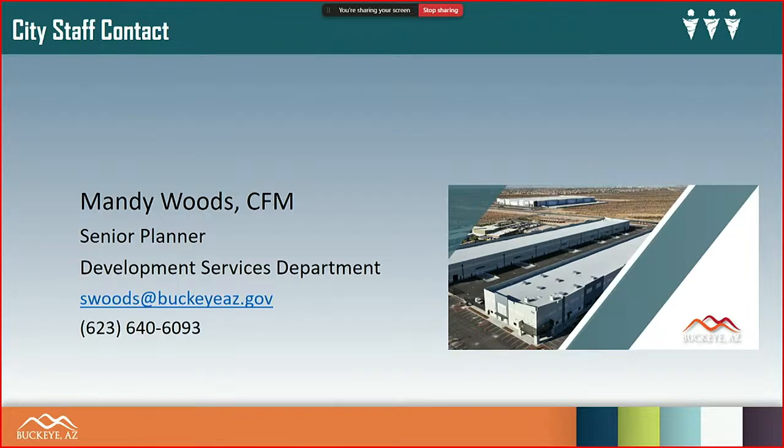I'm glad we're doing this, keeping up with the rest of the cities, because if Buckeye doesn't do the right things, people are going to skip over us and go into the Tonopah area and Maricopa County land to the west of us. They're going to still use our infrastructure, but we're going to get no benefit out of it. So if people are going to use our infrastructure, we've got to get the benefit from it. I know some people are like, oh, we've got to stay rural, but if we do, we're not going to get the benefit. People are still going to go through it. We're going to still have the same traffic and the same problems. So might as well benefit from it.